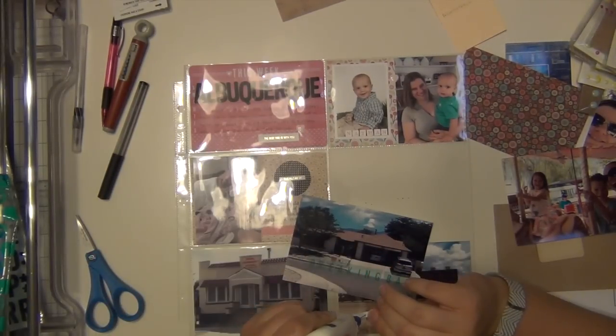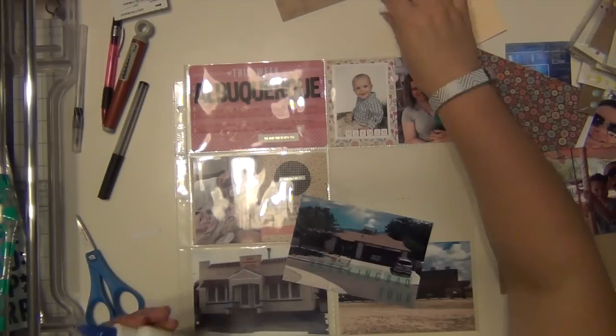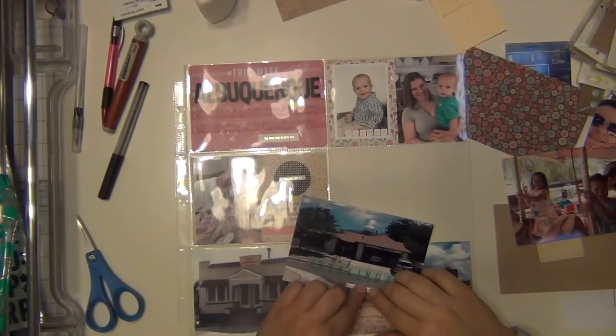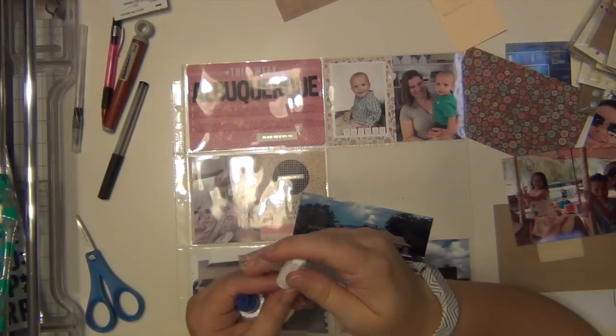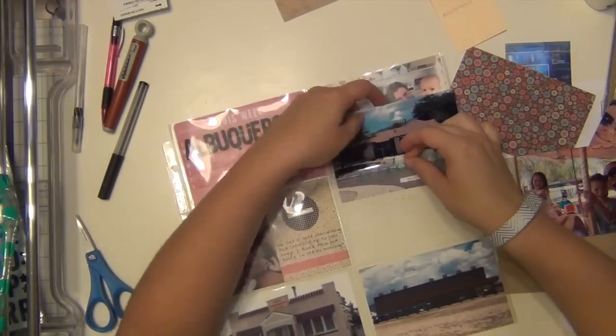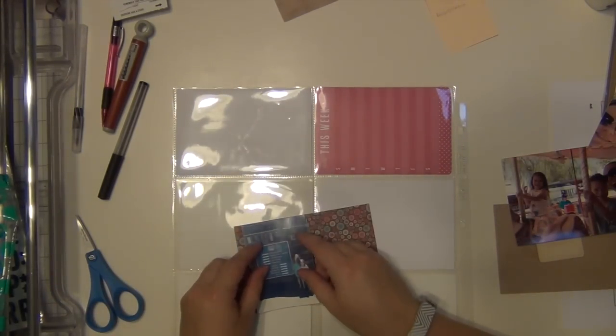And I'm using another phrase. I wish I had everything in front of me so I could tell you exactly what it says, but I'm pretty positive you can see those in the close-ups. Okay, so that's going to complete that side, and then I'm going to just do some more of our trip on the back,